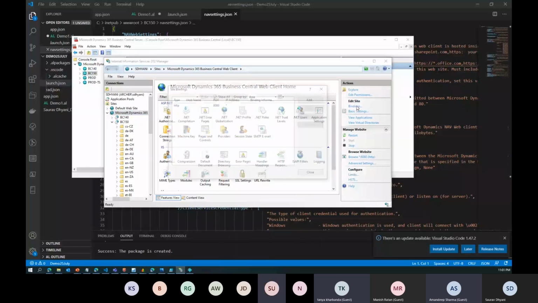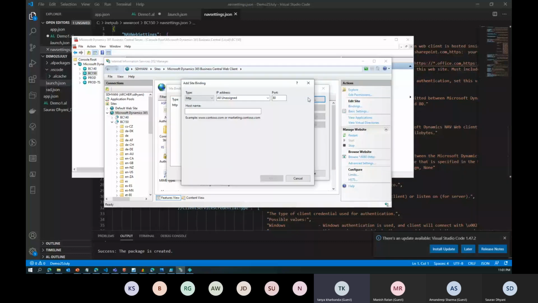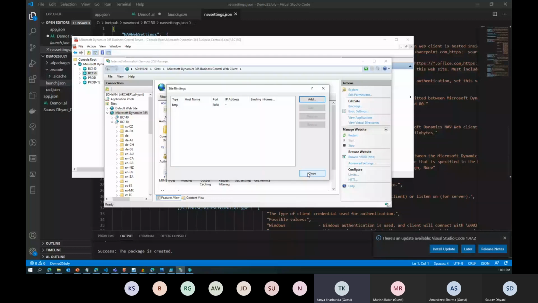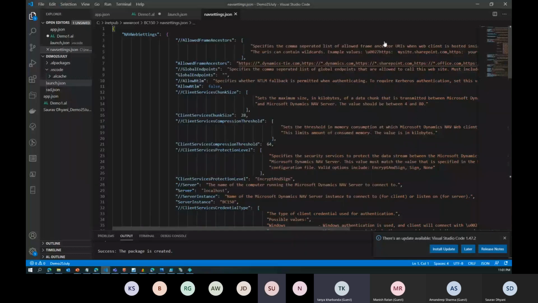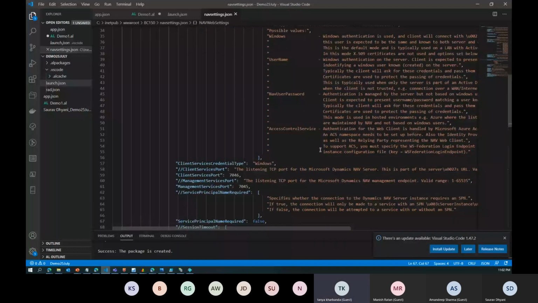So here you can add that binding with the specific port that you're using. Those are the three places that you'll have to change it. One is on your config file, second on the nav setting.json, and if I'm not wrong, there are two parameters. One is this, where you choose nav user password, and then there is one more, which is your